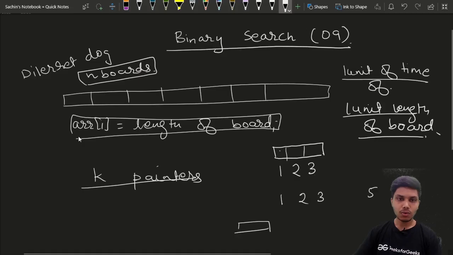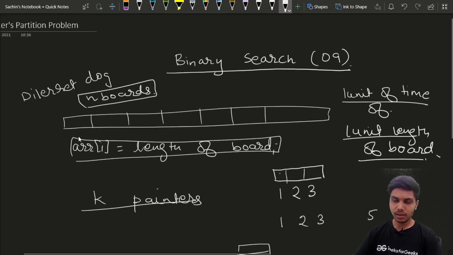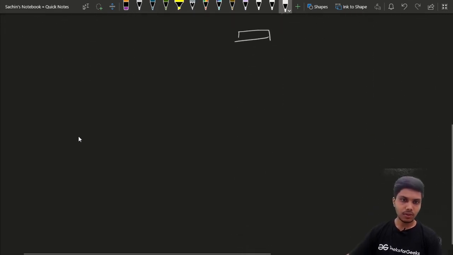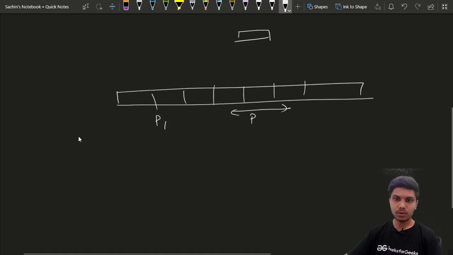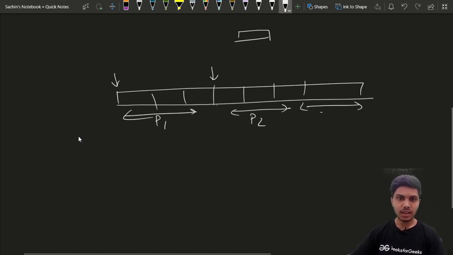So let's say we have assigned boards to painters in this manner. First 3 boards to painter 1, and then next 3 to painter 2, and so on. It is also given that all the painters will start painting the boards that they have been assigned together.